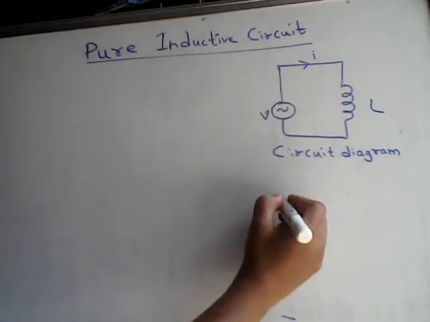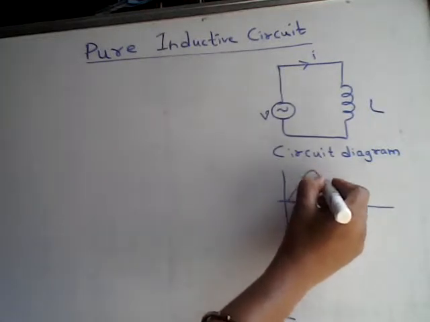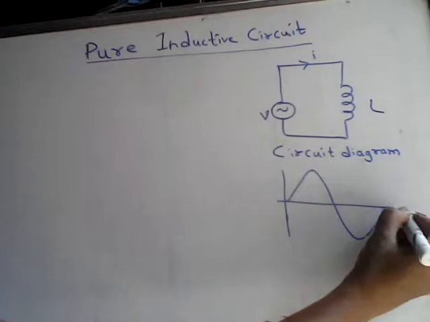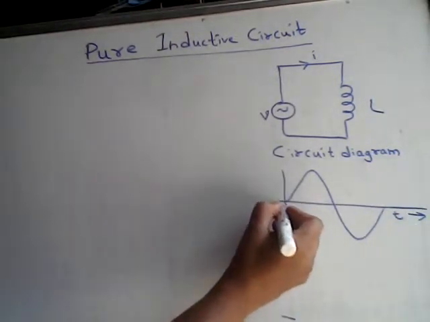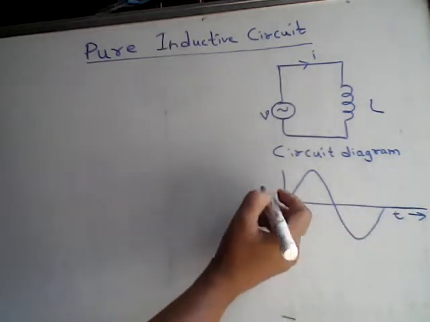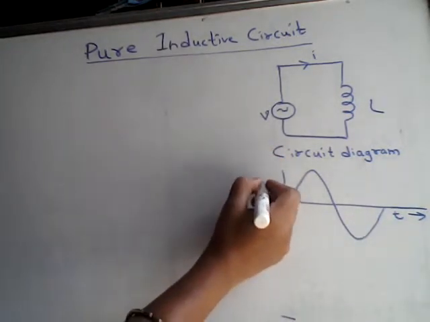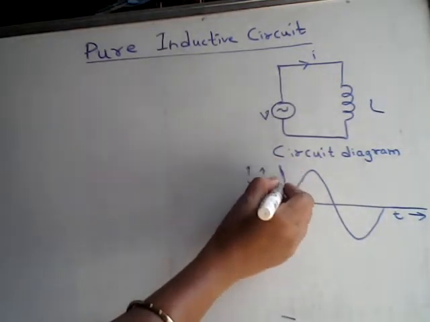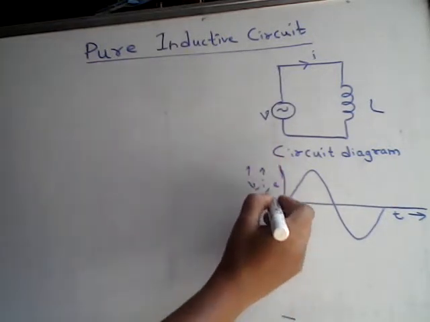Then if we consider the waveforms of this, it can be plotted in this way, taking time along the x-axis and amplitude along the y-axis. Here the voltage and currents are represented along the y-axis,